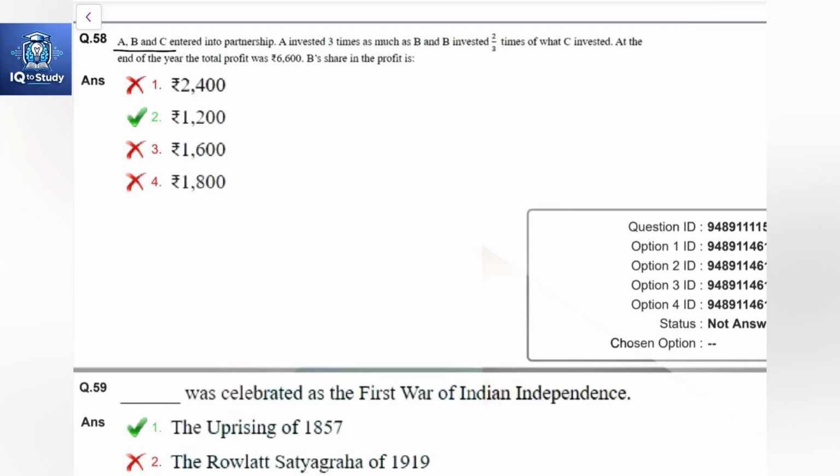A, B, C entered into partnership. A invested 3 times as much as B and B invested 2/3 times of what C invested. At the end of the year the total profit was 6,600 rupees. B's share in the profit is